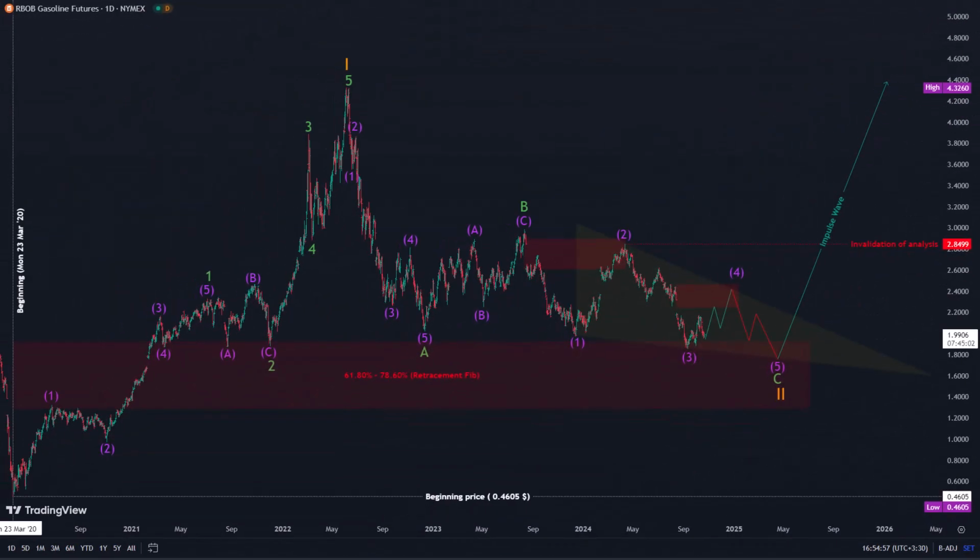Gasoline market analysis utilizing daily charts. Since March 2020, the gasoline market has exhibited a consistent upward trend. The first wave has extended, while the second wave appears predominantly flat. The third wave is advancing rapidly, and the fourth wave demonstrates a pronounced pattern. Ultimately, the fifth wave manifests as an impulse pattern of a higher degree compared to the first wave.